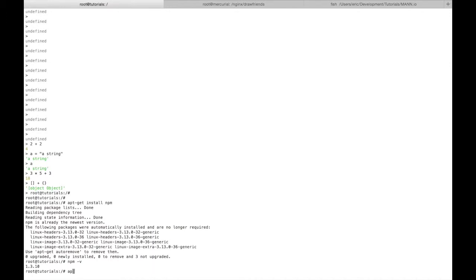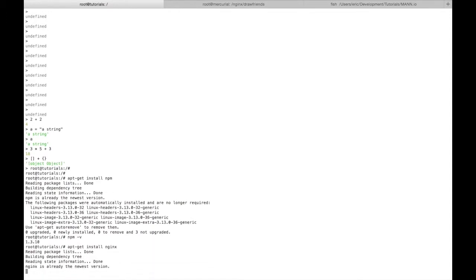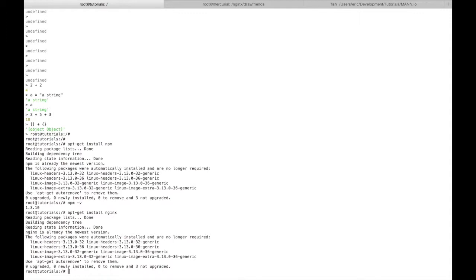Next, we're going to install Nginx. So apt-get install nginx. And again, mine says it's already installed. And when you're done, it should already be running. So if we type something like